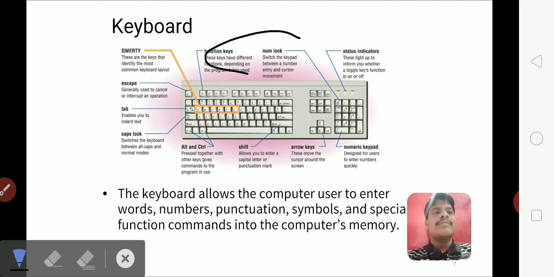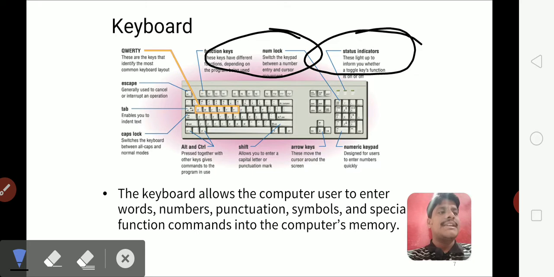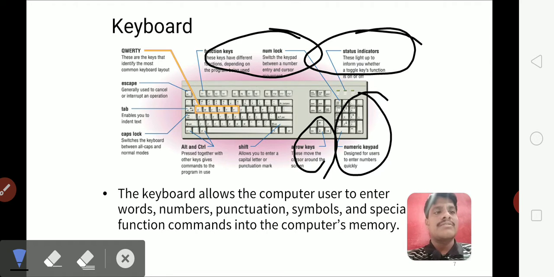We have functional keys, numerical keys, status indicators, and the numerical pad where the numbers can be observed, and the arrow keys are also here. We have your shift key, alt and control key, and along with this we also have the enter key over here. All these keys are used to give an input to your CPU.